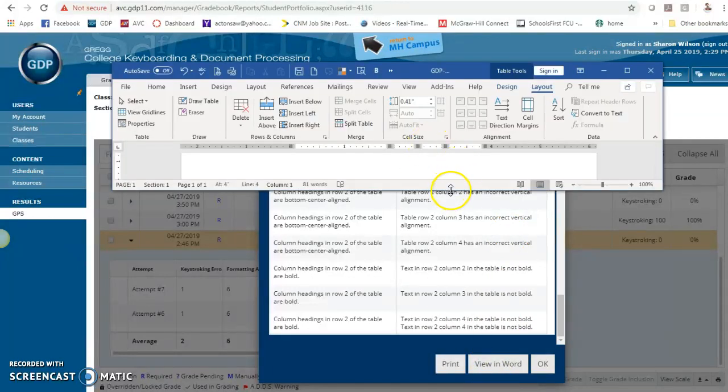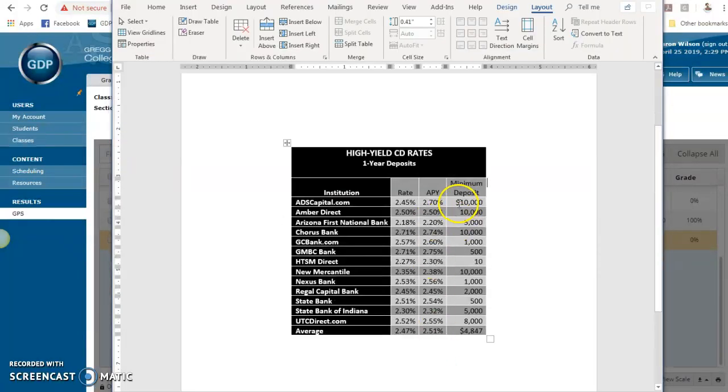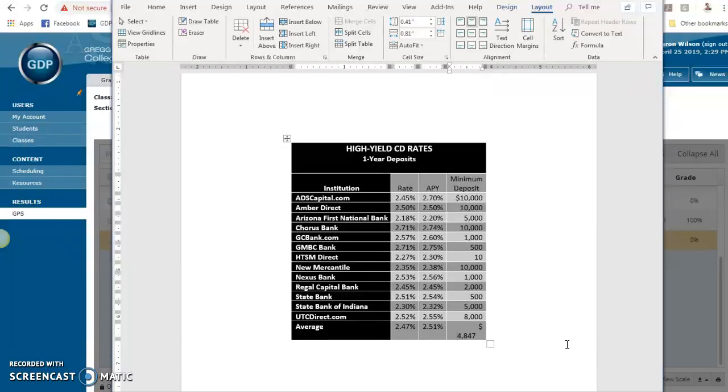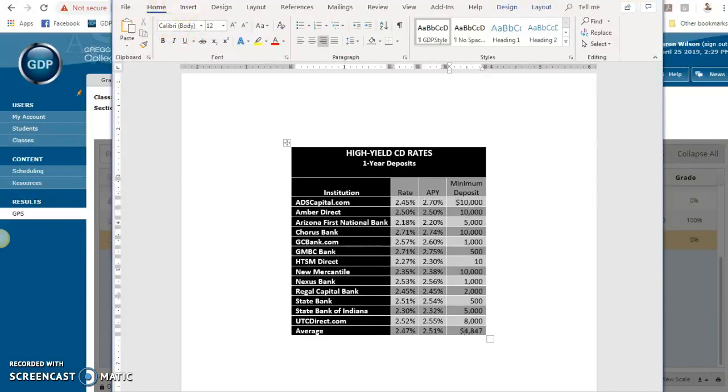Okay, for the $ sign. These $ signs in the column need to add up, or align rather. Okay, so make sure these are right aligned. It's this one. Okay. Remember to always do the back. Okay, and if you just do a space and make sure those $ signs are aligned, I think that looks